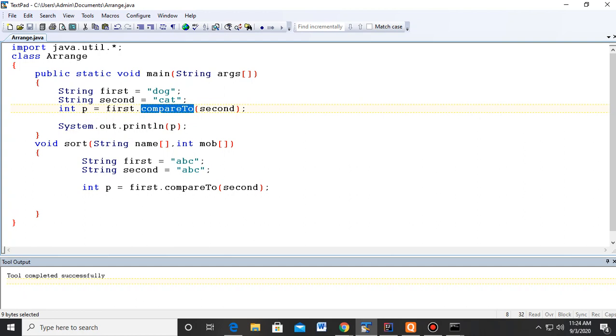So here, if you write this in syntax, the value returned by this function is positive 1. So if the value returned by this function is a positive integer, it means the first parameter comes later in the dictionary. And if the value is a negative integer, then the second parameter comes later in the dictionary. This is what I want to tell you. Still any doubt, Kavya?